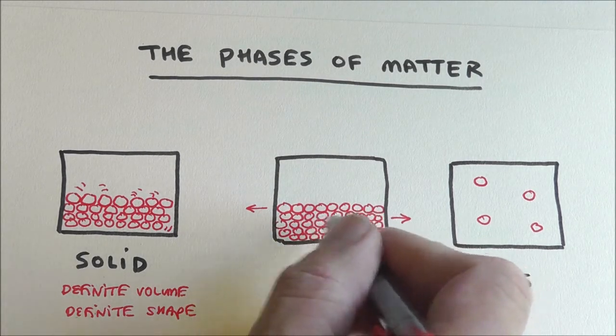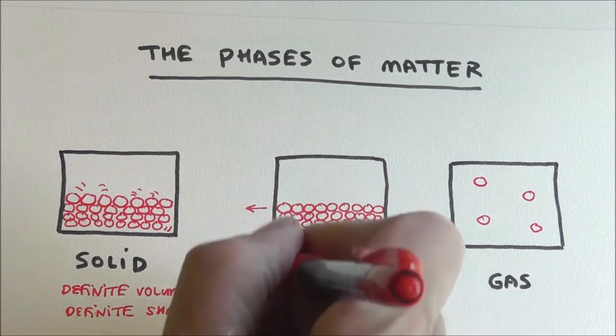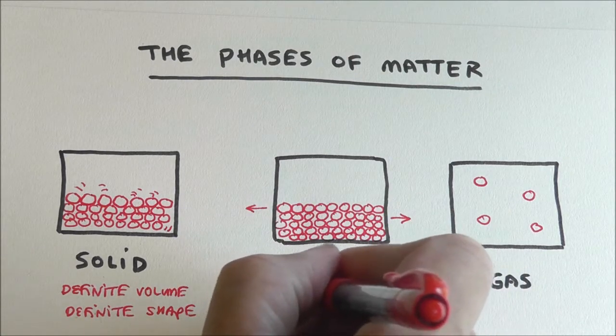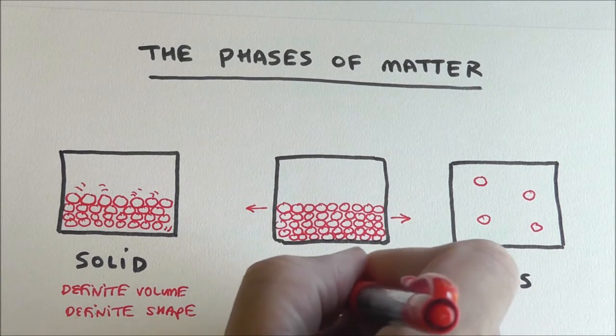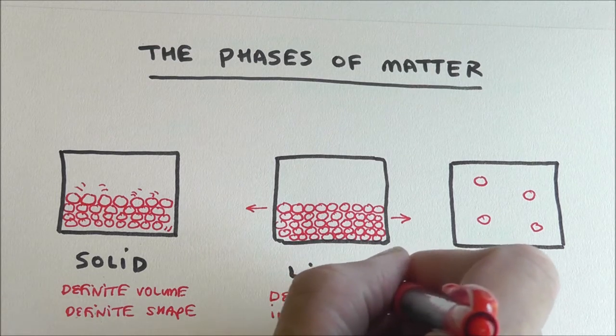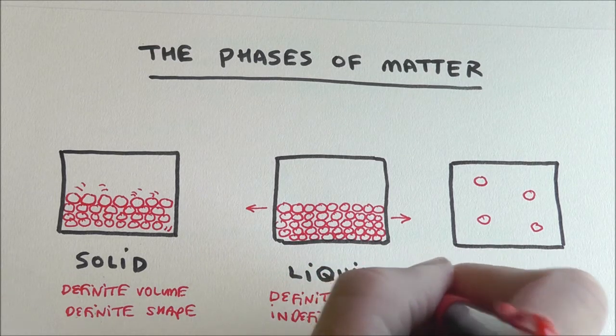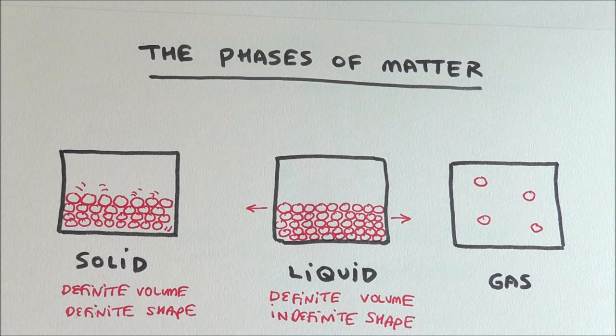But you see how there's not much space in between molecules? The volume will be the same no matter what container I pour it into. So there you go. And the reason is that those molecules can slide along each other, or shear, I guess you'd call it if you wanted to be fancy about it. All right, so now how about gas?